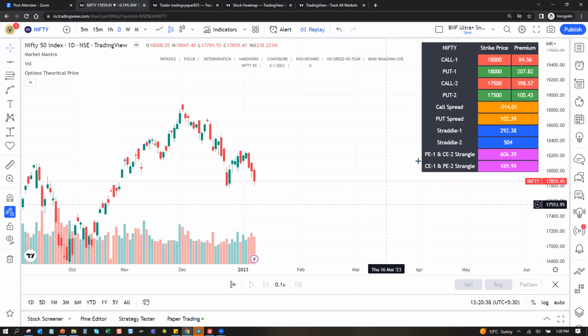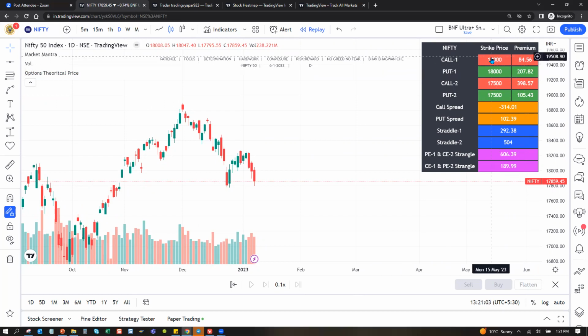Okay, now it will tell you कि अभी के हिसाब से 17,859 के हिसाब से 18,000 call, 18,000 put for this current weekly expiry, उनका premium इतना होना चाहिए theoretically. Okay, given the IV is the same or not going to change very much, and this many number of days to expiry is there.